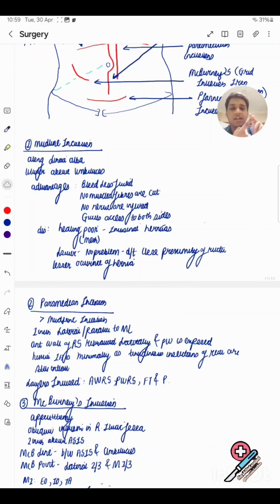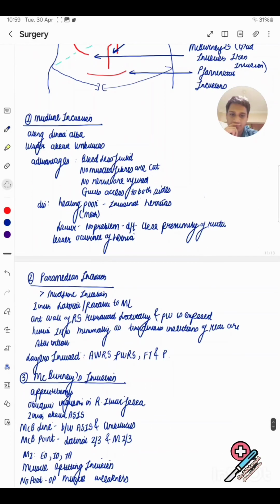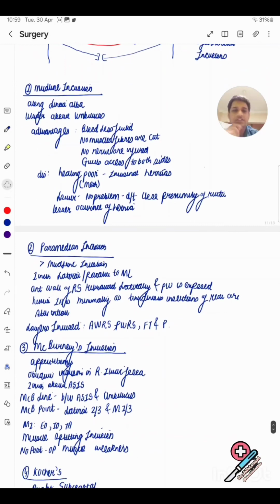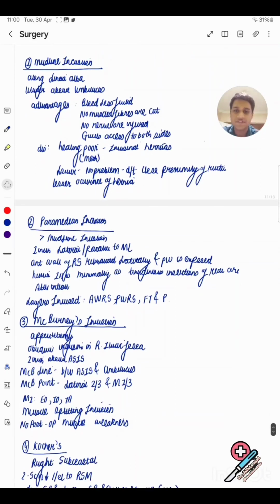The anterior wall of the rectus sheath, posterior wall of the rectus sheath, the fascia transversalis and the peritoneum, these 4 structures are cut, and the nerves and the muscles are also shifted laterally to get the view of the field. Incisional hernia is minimal, as we know that the muscles get inserted on the linea alba and the paramedian incision is parallel to the linea alba, so there is no damage done to the insertions of the recti, hence there is less occurrence of incisional hernia.